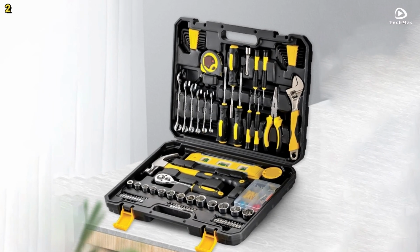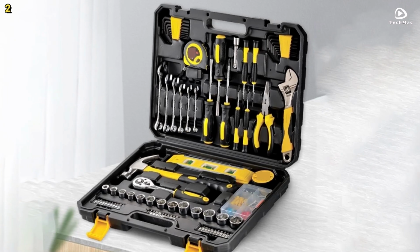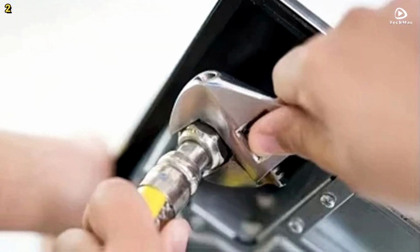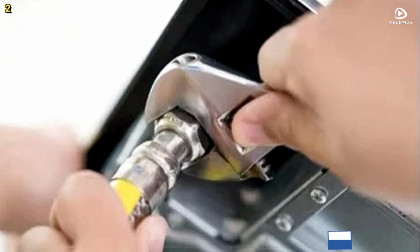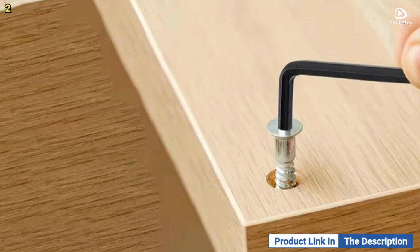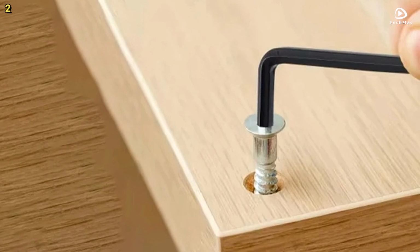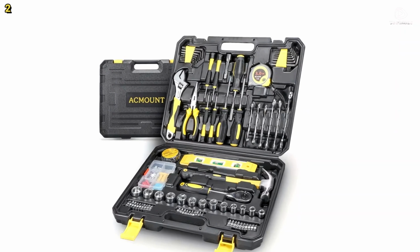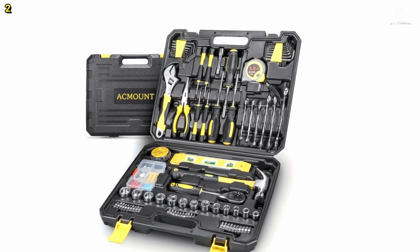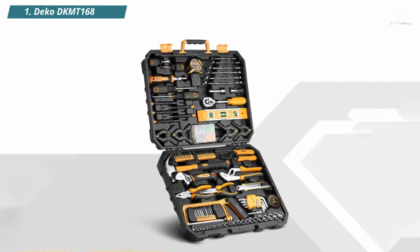The set comes in a portable, well-organized storage case, keeping all 108 pieces secure and easily accessible. The compact design makes it easy to store in a garage, workshop, or vehicle, providing on-the-go convenience. Overall, this tool set is a practical investment for households and workshops, offering durability and versatility for a wide range of tasks. Number 1. Deko